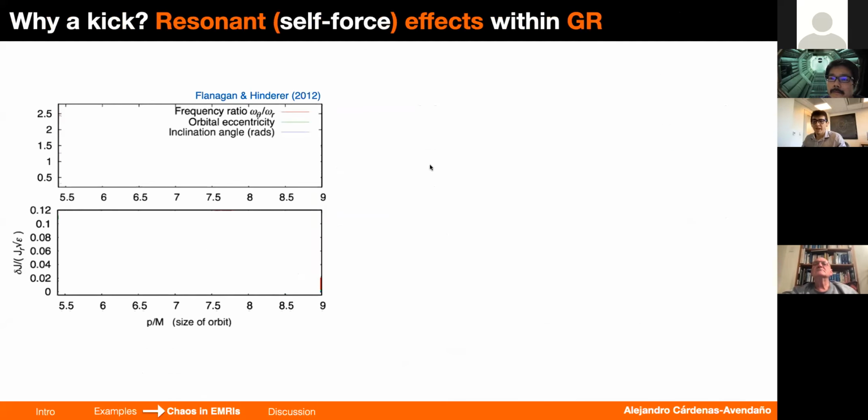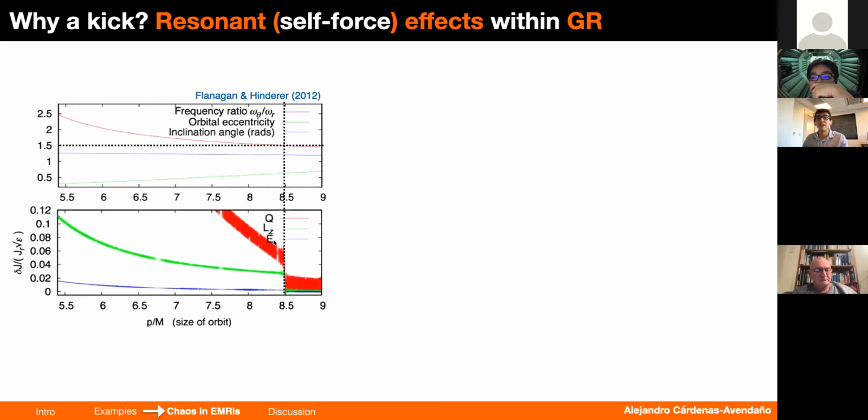And the idea goes back to this very interesting paper by Flanagan and Hinderer, where they show, okay, if you are studying the frequency ratio, in this case it is the opposite of what I showed before, that's why the 2/3 is now 3/2, at 1.5. And then they show, okay, if you're studying your system, you don't see anything in this resonance, it's just going through. This is your orbital eccentricity, it is decreasing as expected, and the inclination angle. But if you study the fluxes more carefully, something happens to the fluxes. And this is what they found. The changes in the flux because of the resonance within general relativity can be of order unity. So let me stop here a second.